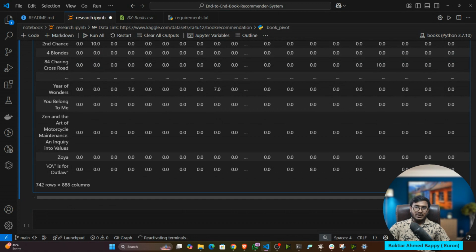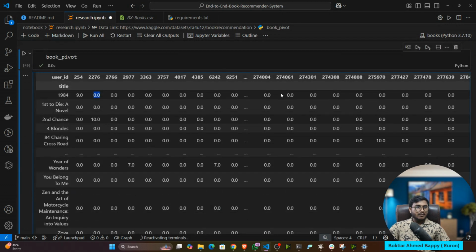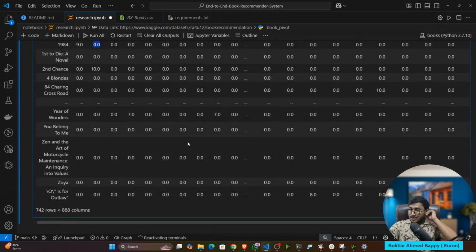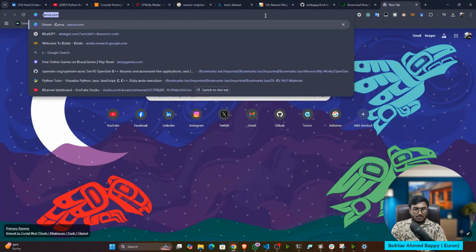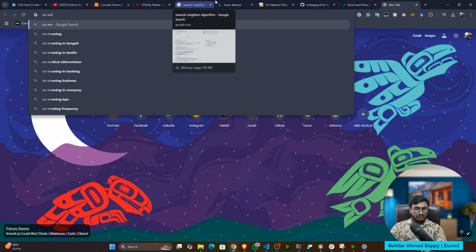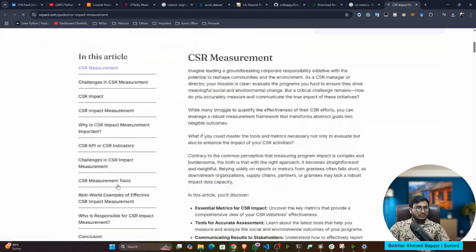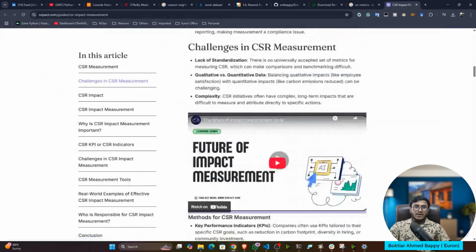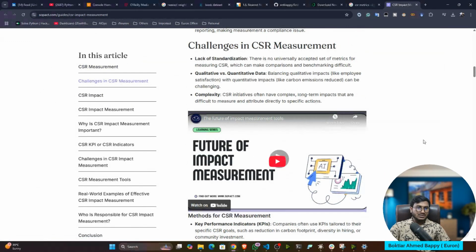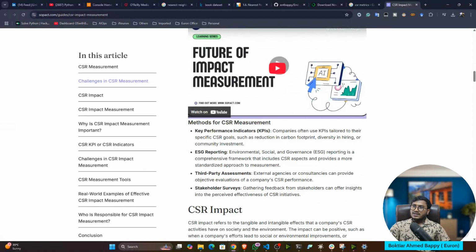Now we'll try to train the model. But before training the model, I have to convert this pivot table to a CSR matrix. You can search for CSR matrix. It is a kind of matrix that helps with computation. Have you heard of sparse matrix, dense matrix, CSR matrix, guys? It's a kind of number representation.